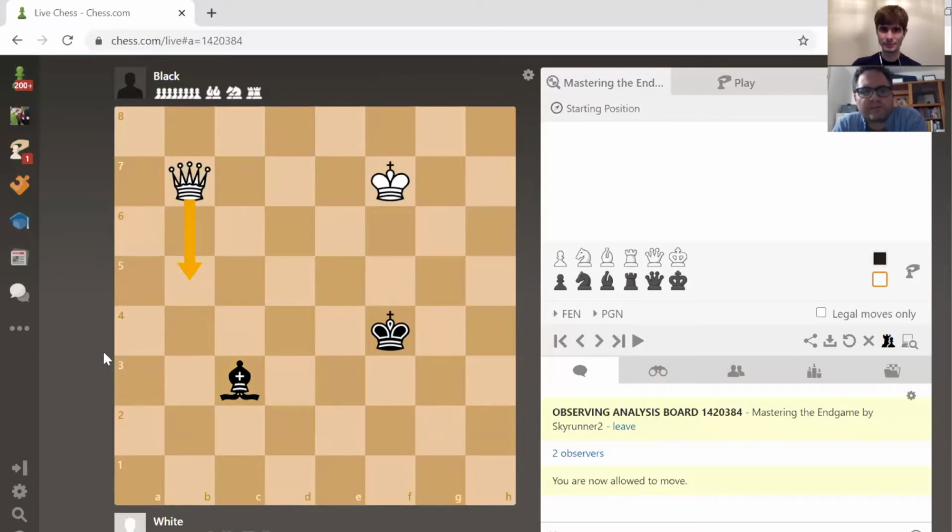What Luke's talking about in terms of bringing that queen down and boxing in the king, that's right there. That's not a terrible move for white. They're not going to lose the game by that, but it's certainly not as dynamic as what you're really looking for. The primary thing that I'm looking for initially when I have a queen versus a bishop and a king